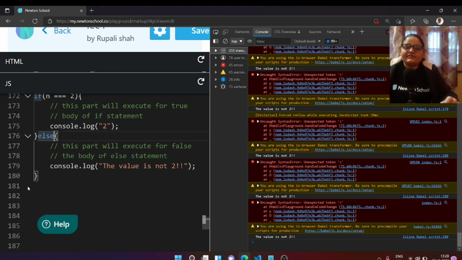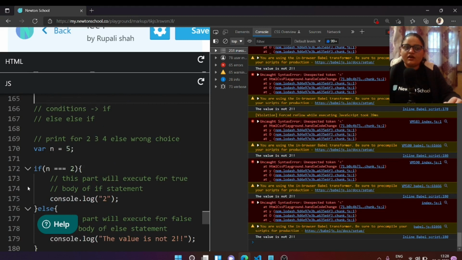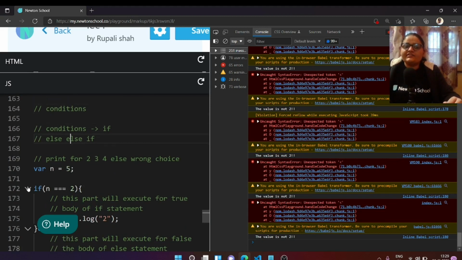In that case all three if blocks would be checked. Even if we found that n was equal to 2 only, our compiler would still be checking whether it was 4, or 3. That is not the technically right way to achieve this program, and that's why we are going to look at the else if statement.